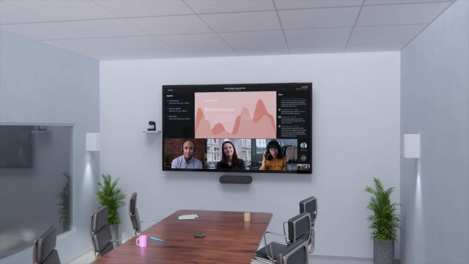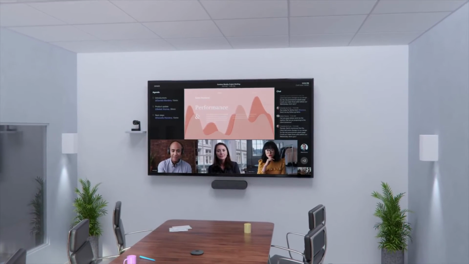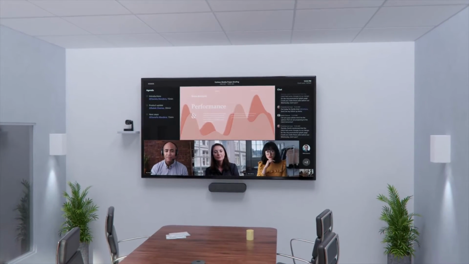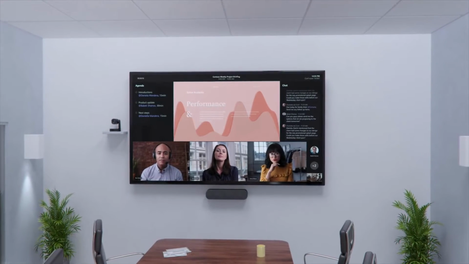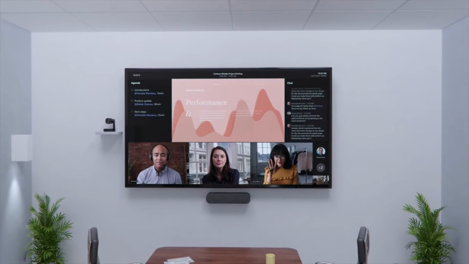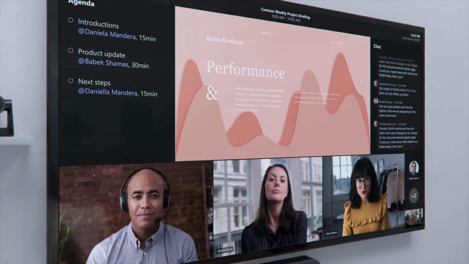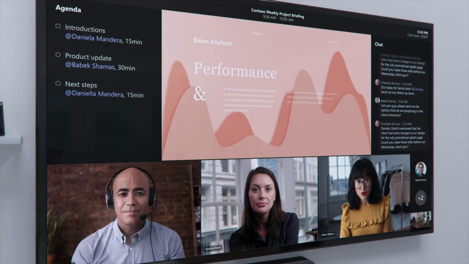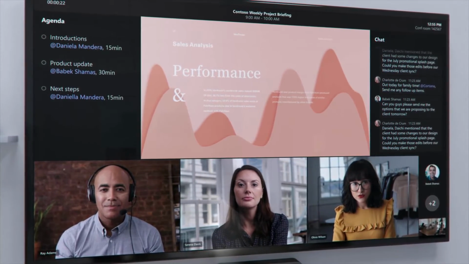And now, let's take a look at new enhancements to Microsoft Teams Rooms. Over the course of this year, we will be rolling out new experiences in Microsoft Teams Rooms, designed to ensure all meeting participants are on equal footing, so you can be seen, heard, and fully participate whether you're in the room or joining remotely. The new meeting layout in Teams Rooms makes interactions feel more natural and gives people in the room a greater sense of connection to remote participants.